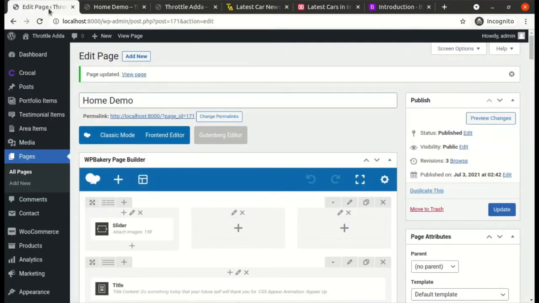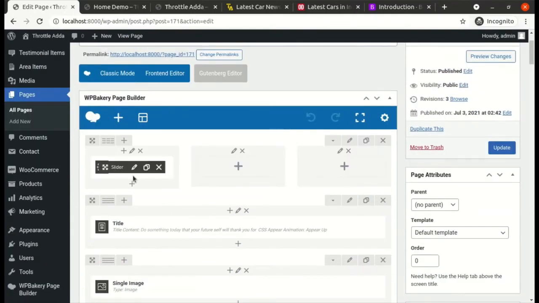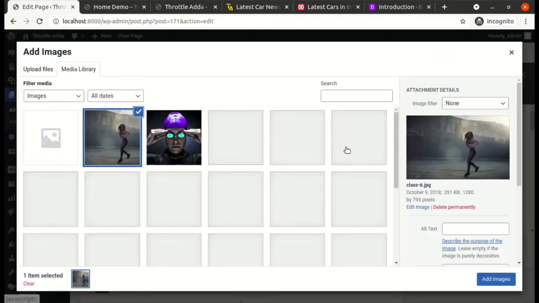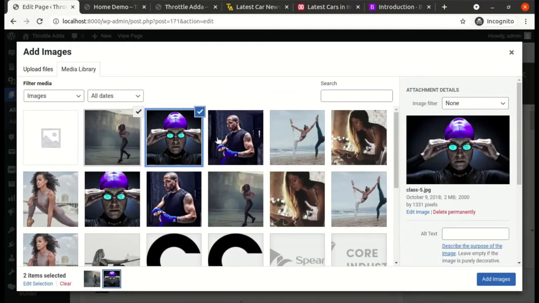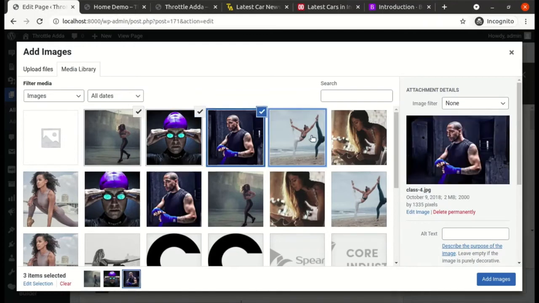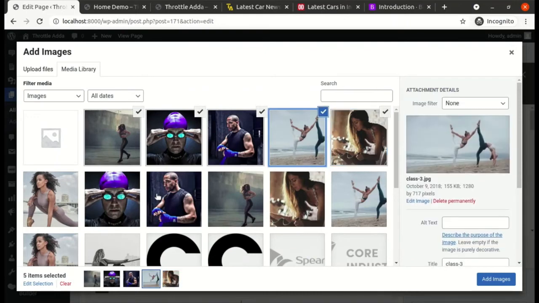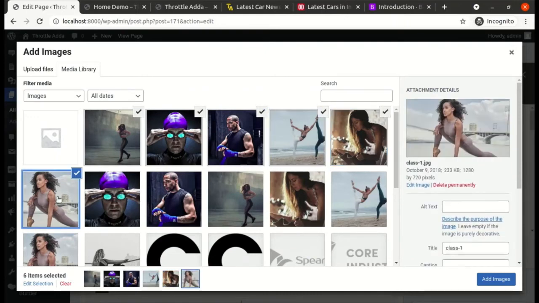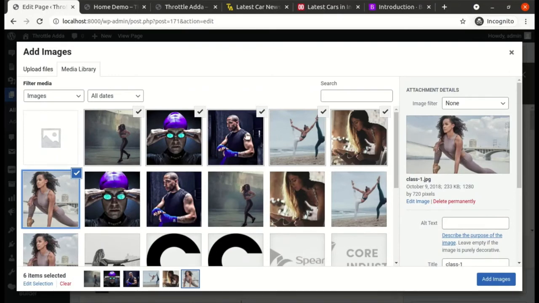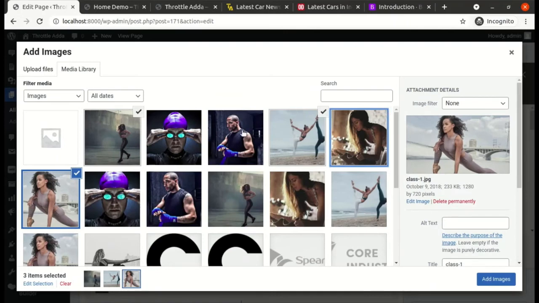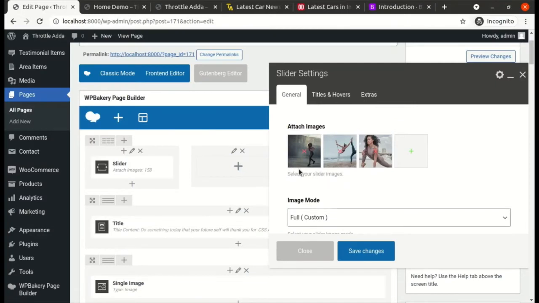Going back to WP admin, we are now going to add more images to the slider to check how the slider looks and how it behaves after adding multiple images. Let's select few more images which would suit our requirement. This suits our requirements as it's a rectangular image. Even this suits our requirement. So I will unselect these, add 2 more images. Perfect.